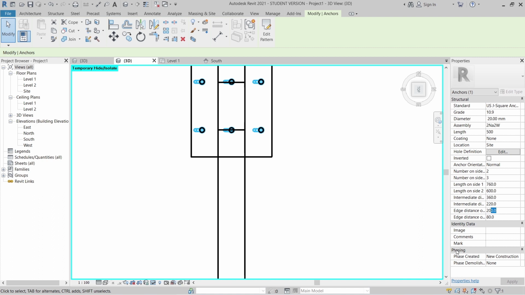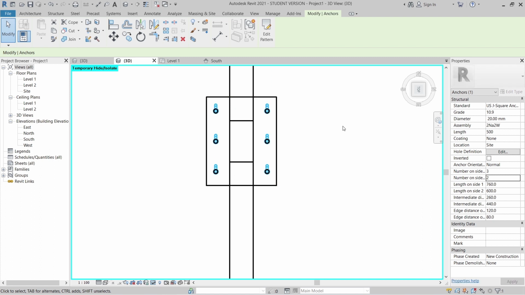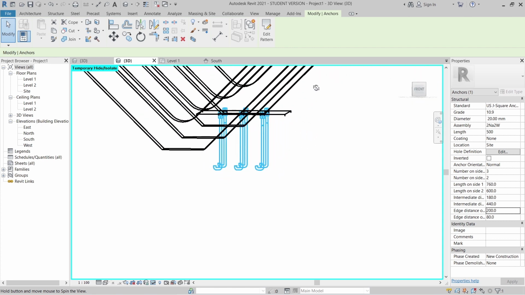Okay, so there I'm going to offset about 120. Actually here we need to change it to 3, and this guy we make it for 2. It's perfect. It's applied. Here, as I told you before, you might need to play around with that until you get what you want. Okay, understand. And this I'm going to make it about 200. Hit apply. Okay, I think something like this is correct.